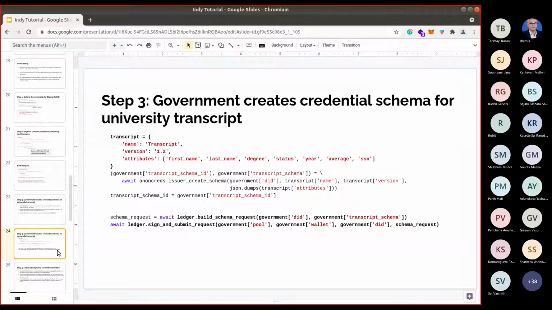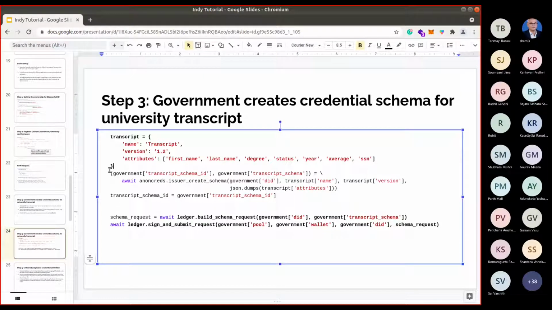So here is the code snippet. We will be specifying this transcript schema. It will have a name, the name of the type of credential, called transcript, and some version number which, as you saw in the last slide, you need to change if you want to update it.